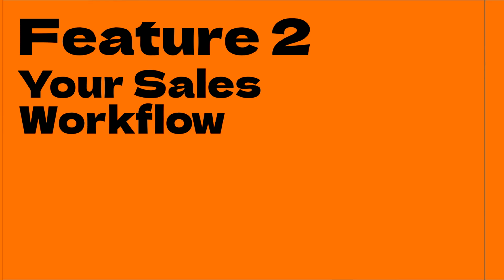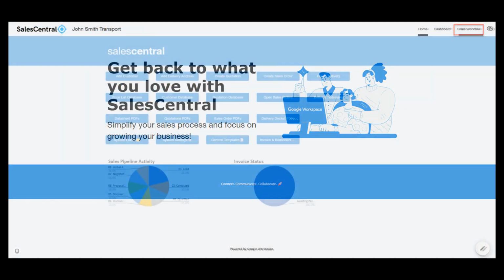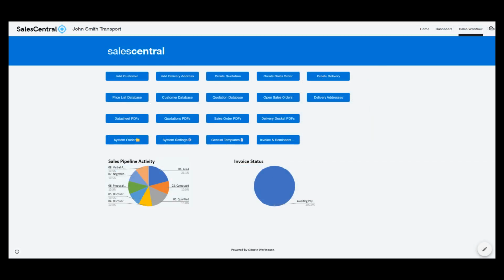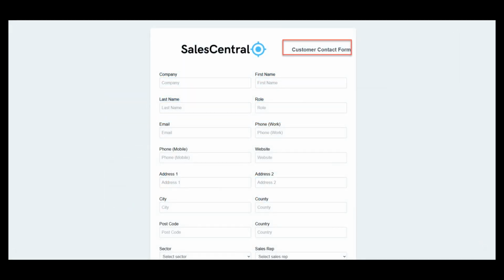Feature 2, this is the big one, your sales workflow. Now, this is accessed on the third tab there, and within this you get a dashboard, a managing dashboard, which allows you to do much within your sales process. The top line here is links to all of the standardized forms that you have across various things that you